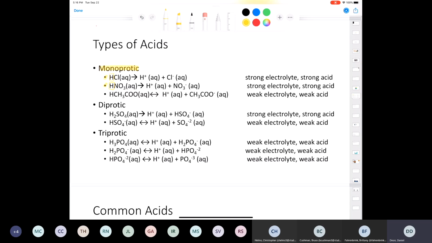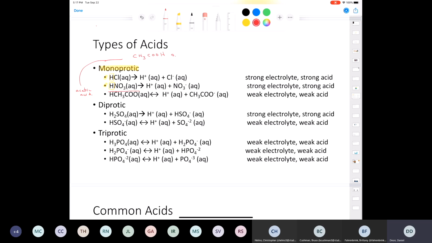The next one is a weak acid. This is acetic acid. Now, I want to caution you about acetic acid because if you're the kind of person who likes to poke around the internet or look at different books, you're going to see different ways of writing the formula of acetic acid. Mr. Dion would not write it the way that is written here in the book. The way that I would write acetic acid is like this: CH3COOH,